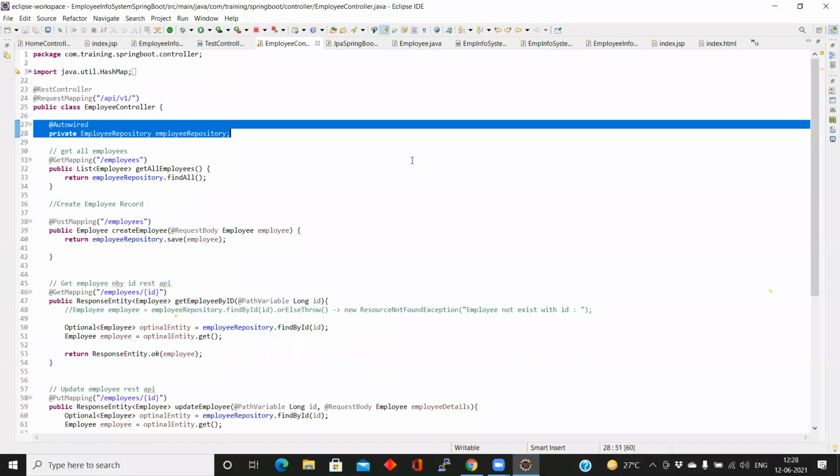But we are going to access this application as an API, and for that purpose we are going to use a tool, the Postman tool.